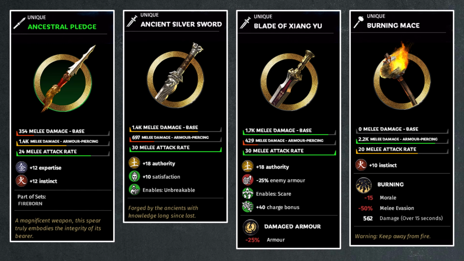This is the starter weapon for Sun Jian, and it's an awesome sword for a leader. You have 18 points of authority. The 10 points of satisfaction are wasted on your leader, but if you use it on an heir or one of your prime minister roles, this is an excellent way to keep them happy. The key here is that it gives you unbreakable, which means you can use this general to kite and also